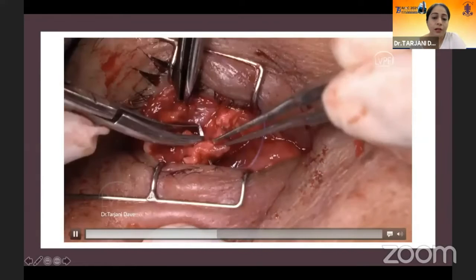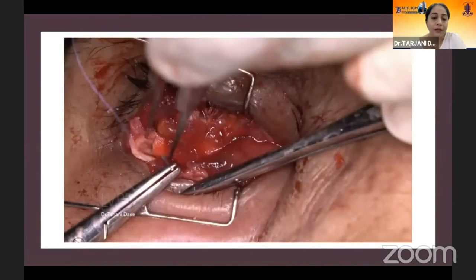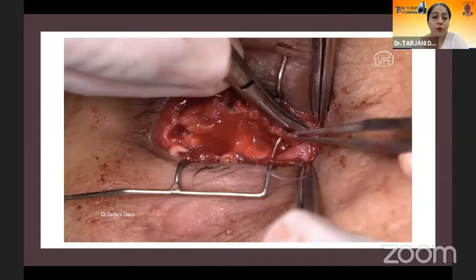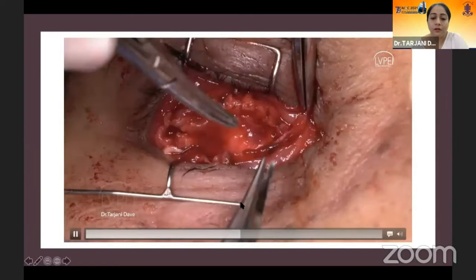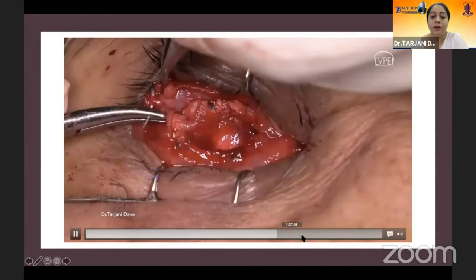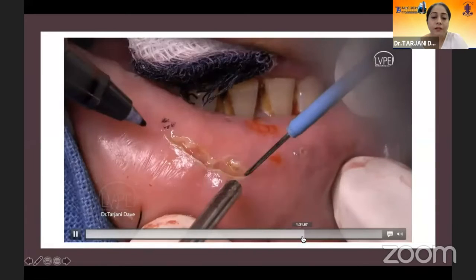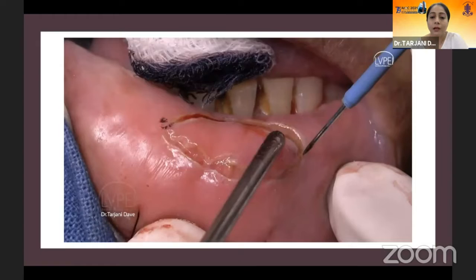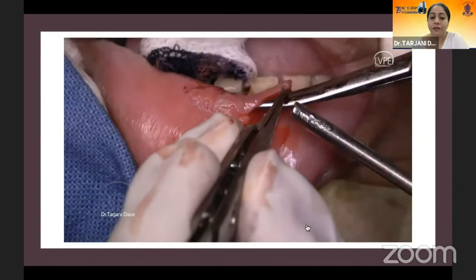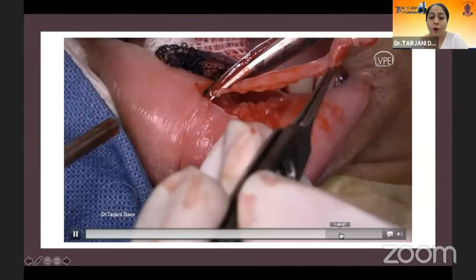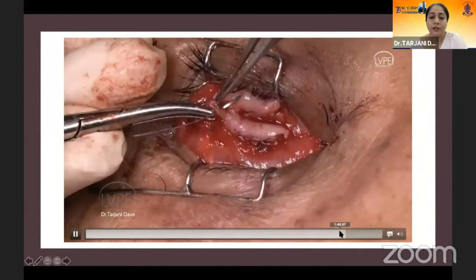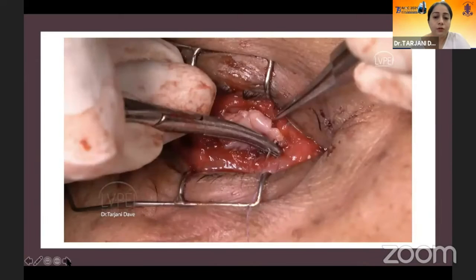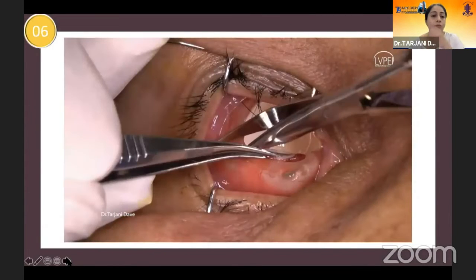Along with closure, you tend to retain as much tissue as you can. Even if the wound edges are ragged, they heal beautifully. Conserving tissue becomes very important in this situation. And then when you might be left with a little bit of defect in the wound area, you can use a mucous membrane graft from the lip area to cover that defect and to give you the surface area that was lost. So this is the mucous membrane that has been transplanted into the socket. Typically, this is how implant extrusions are treated, and the outcomes are very gratifying.